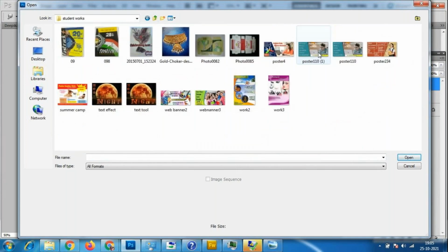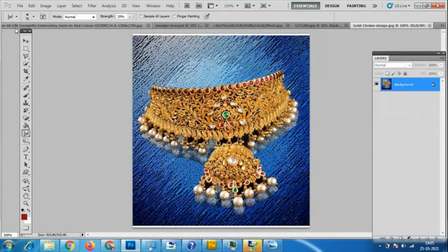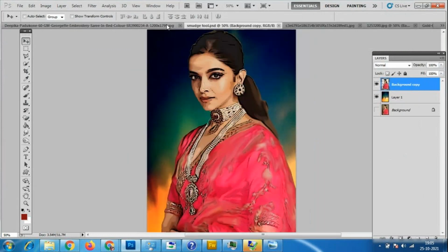Yeah, this is the thing what we have created in the last class. So you have to try with this smudge tool. With the background you have to give the smudge background, also you have to make it smudge, and with that you have to use the filter gallery.